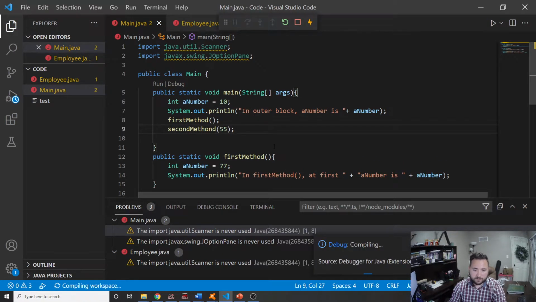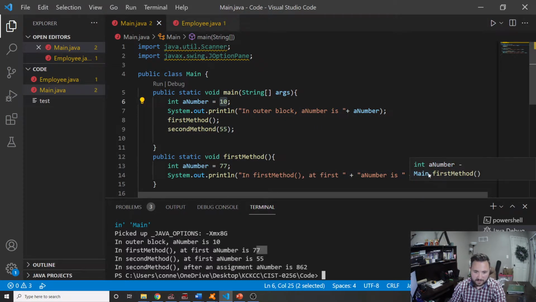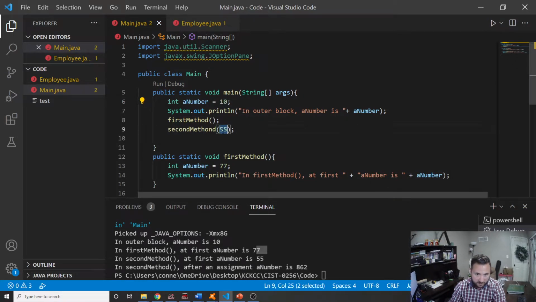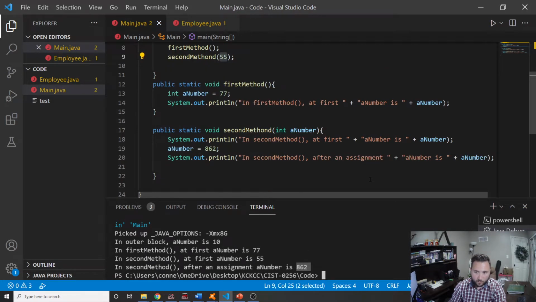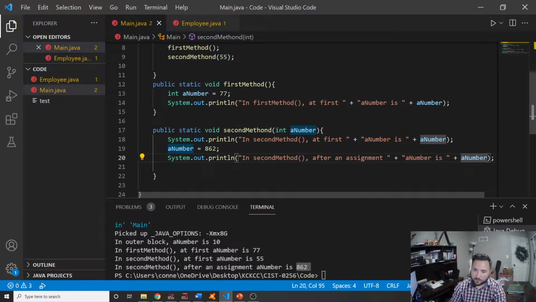And if we run this, we can see in outer block a number is 10. So in here we have 10. In first method, at first a number is 77, which we see here. In second method, at first a number is 55, which is what we defined here. In second method, after assignment, a number is 862. Okay, so we were able to redefine this, and then I should be able to, if I do a plus, do a